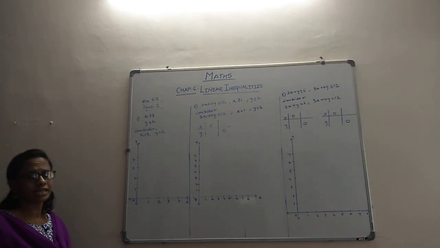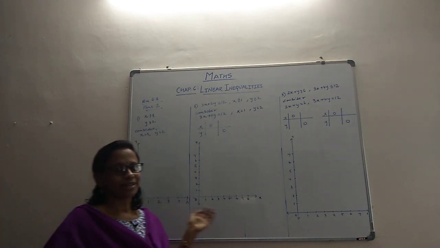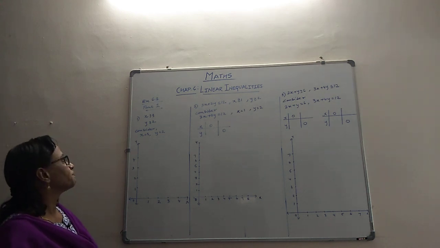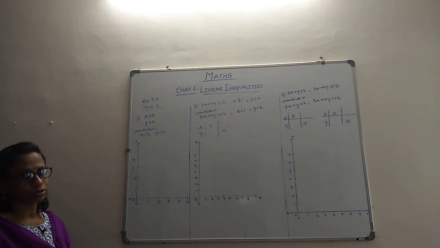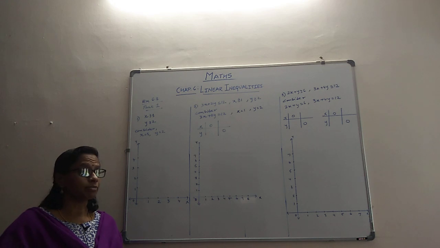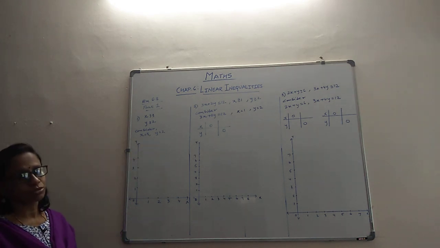The very first question, luckily they have put a simple question. Generally we see simple questions coming at the last, but here we have the simple question coming first itself. x is greater than or equal to 3 and y is greater than or equal to 2, both are given. So we have seen in the previous exercise that we will be considering its equality. So you have x equal to 3 and y equal to 2.